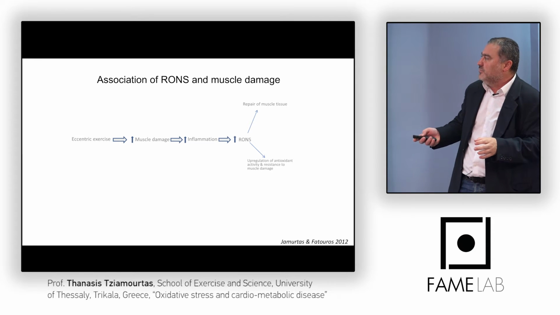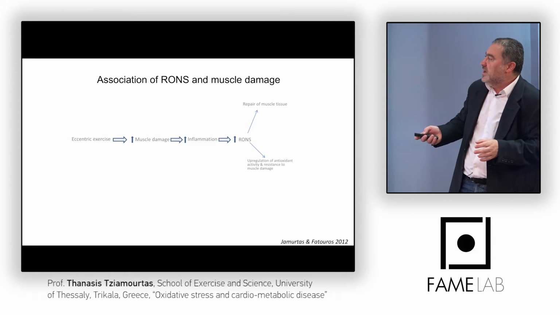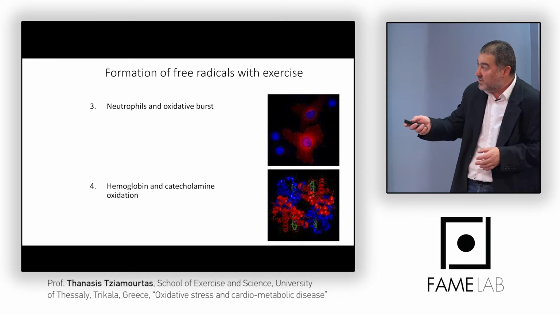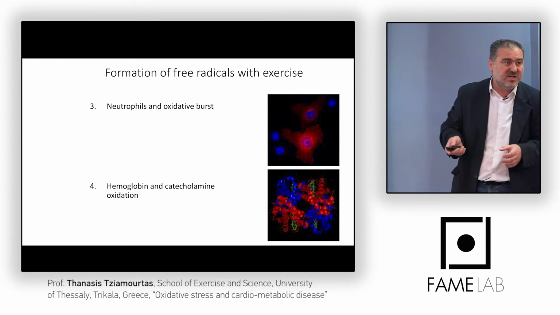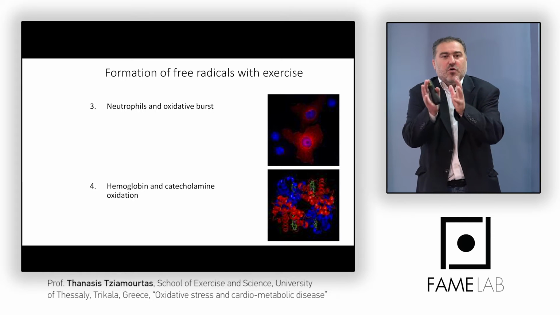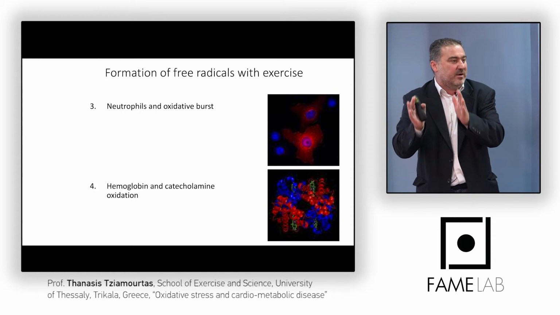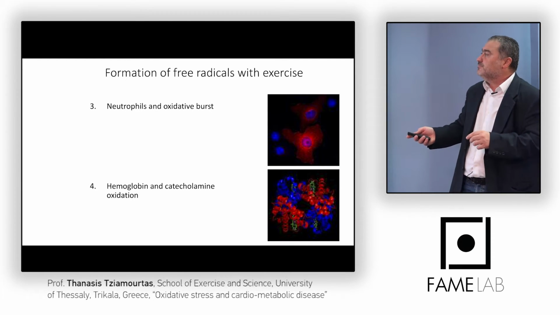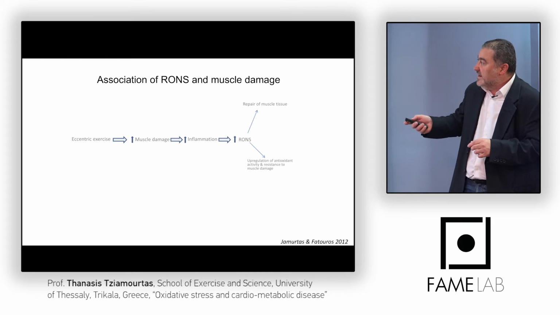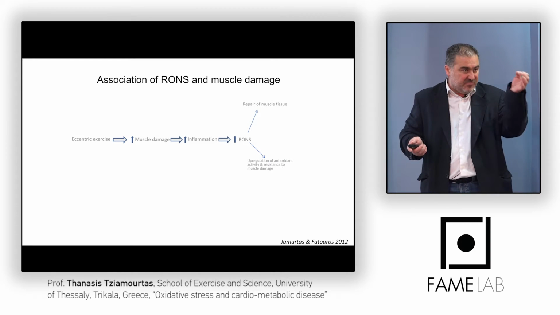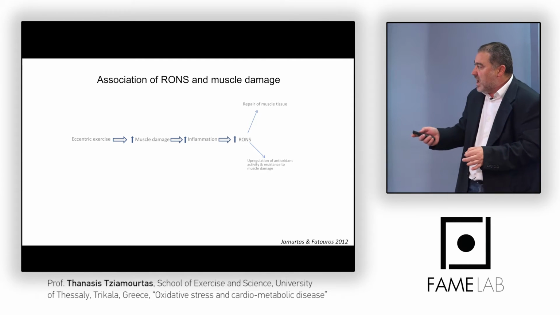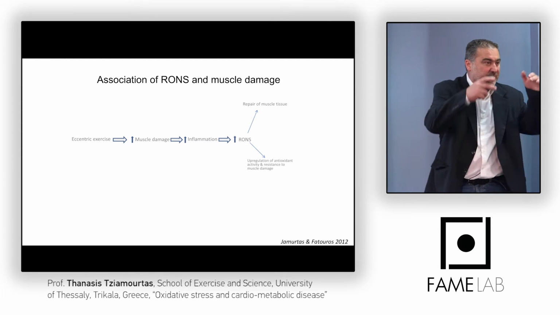If we go back, way back, when we talked about the different ways of forming free radicals during exercise, one of those things that we said is neutrophils and oxidative burst can lead to the formation of free radicals, and one of the things that is going to happen is we're going to get rid of those damaged proteins. So one thing that is happening is that reactive oxygen and nitrogen species, free radicals, are going to repair muscle tissues. And the second thing they're going to do, they are going to upregulate the antioxidant activity of the particular muscle,